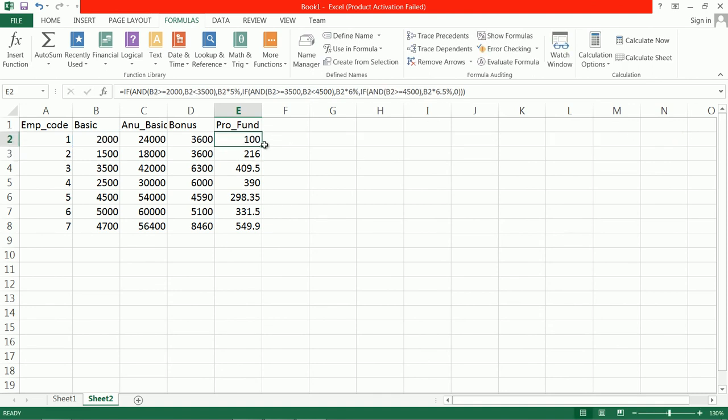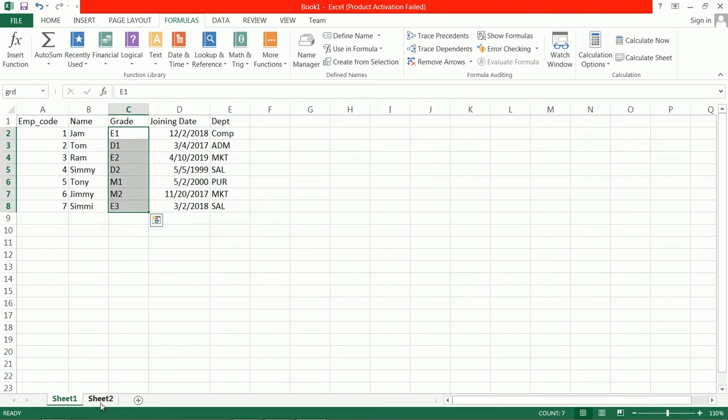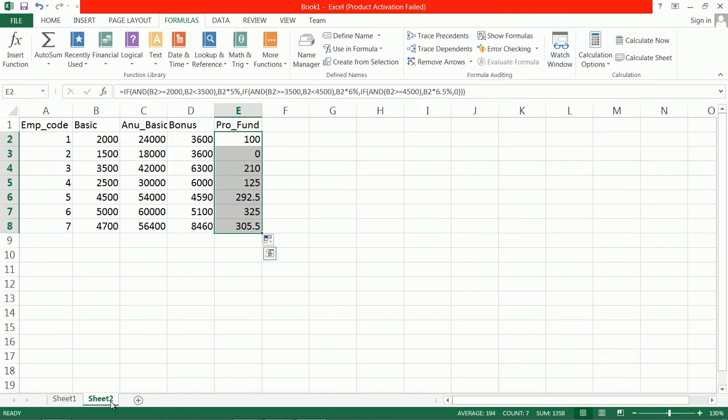Now let us see, yeah, right, it is 0. Okay, like this we can calculate data from two sheets. If the base data is on sheet 1, you can easily use the Define Name option and use those values on sheet 2 very easily. It is a simple example of how to use a formula across two sheets.